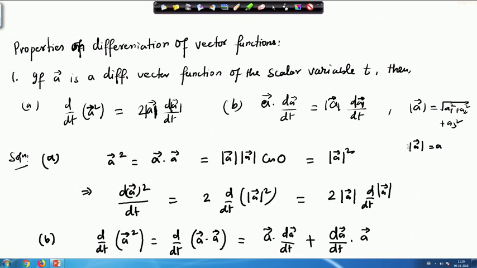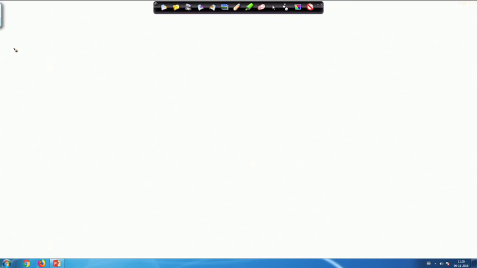It is better to denote the modulus or the magnitude of this vector by a scalar a, so that there would not be any confusion. However, these properties would still remain true for this vector function a. Now, the next result, or property 2, let us say, is: